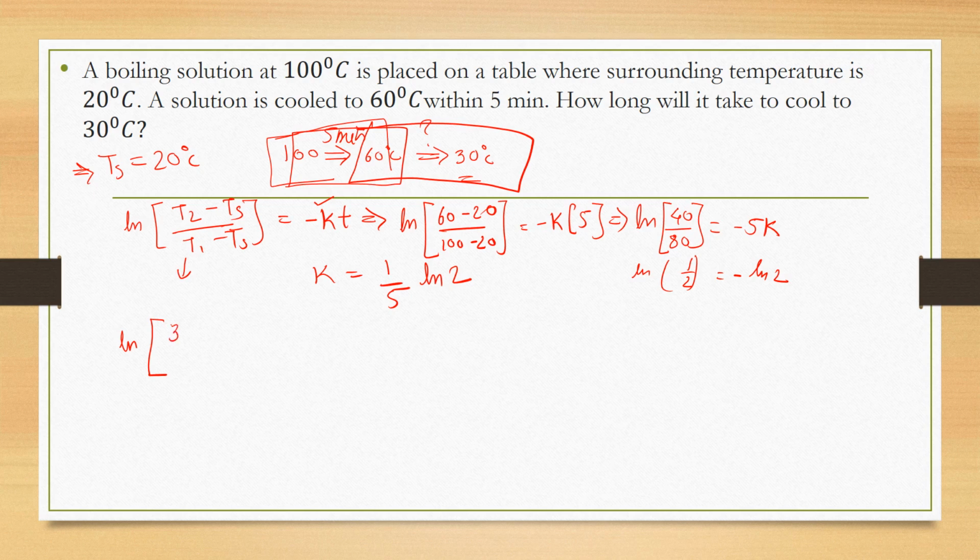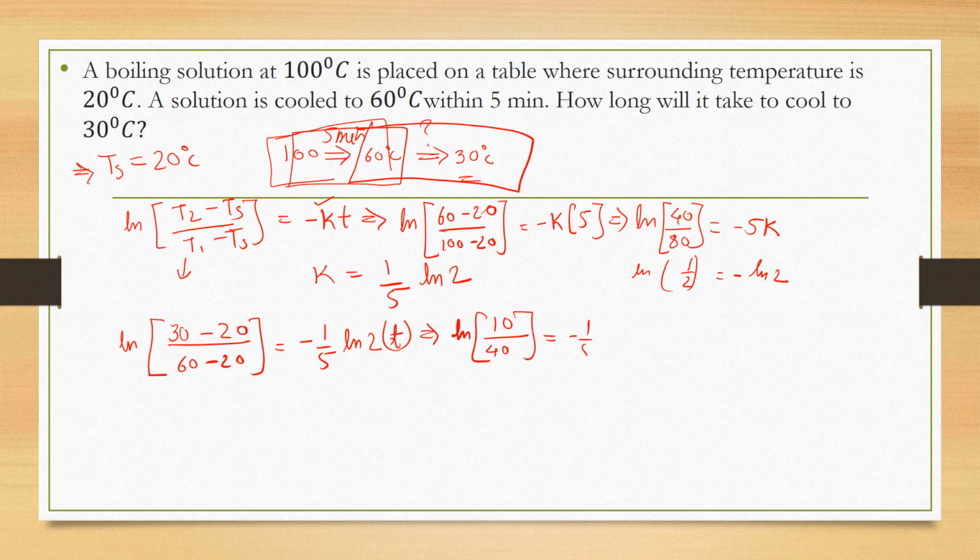But now over here T2 will be equal to 30 and T1 will be equal to 60, and minus 1 by 5 log of 2 into t, where t is unknown. So it will be equal to log of 10 by 40, which is equal to minus 1 by 5 log of 2, or t by 5